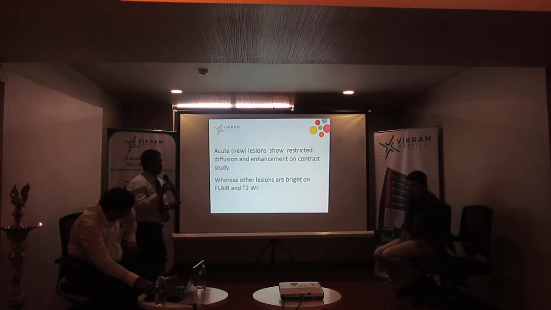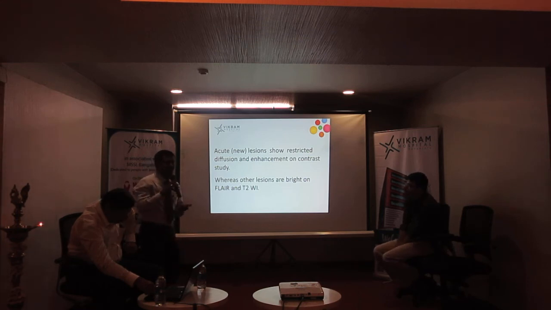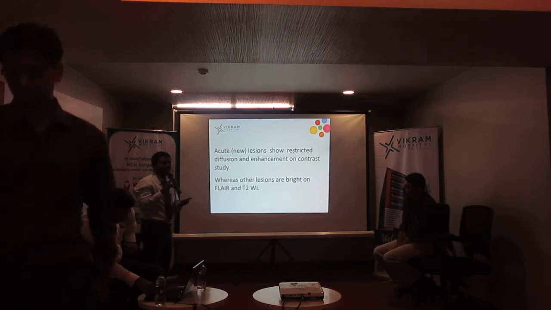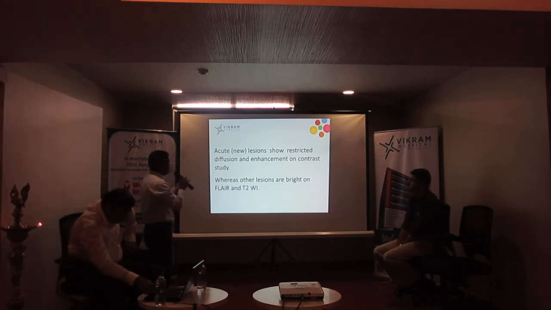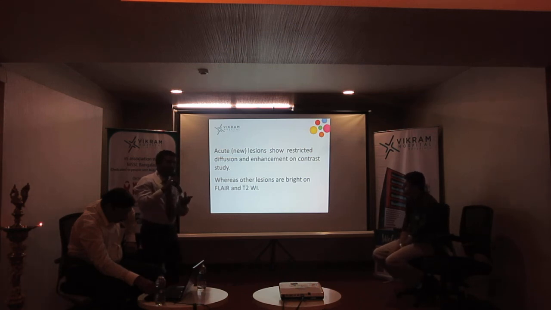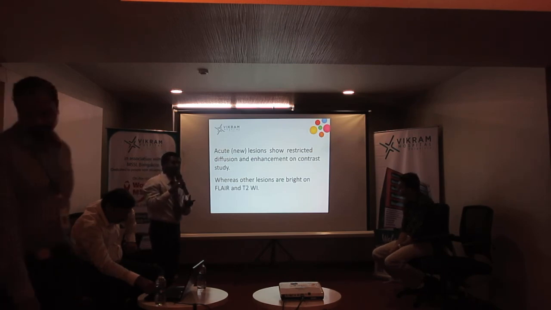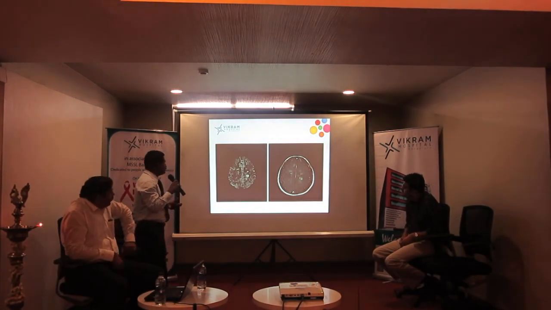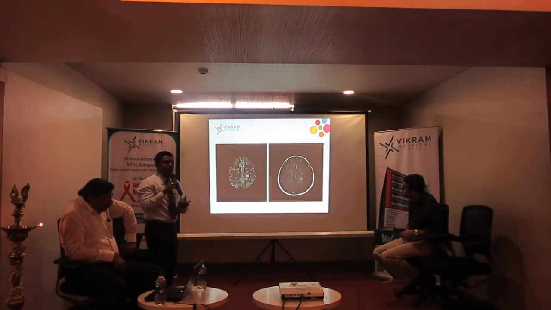Only new lesions, as Jayachandra has already told, have inflammation occurring adjacent to the blood vessel. There will be a blood-brain barrier break in the brain, and these new acute lesions will take up the contrast. So we can differentiate between new and old lesions. Otherwise, it's difficult on MRI. Another sequence, DWI, also shows the new lesion as bright. These two sequences differentiate new from old lesions.